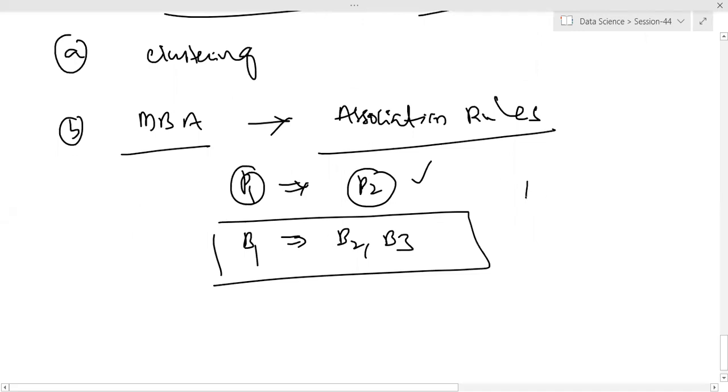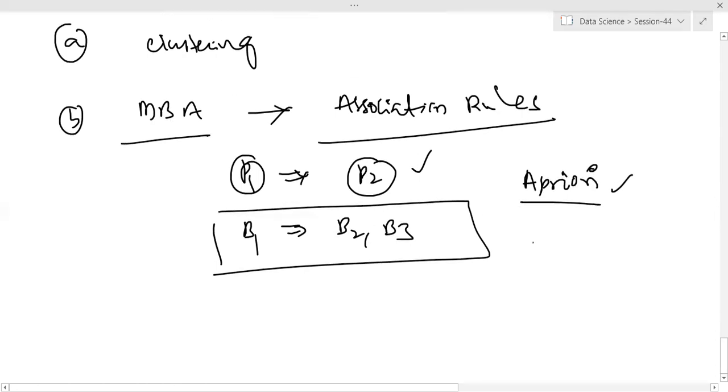And I'm going to introduce one more aspect called Apriori. This Apriori is based on the item sets and transactions, and how these association rules are going to be generated. Probably in the next session, I'm going to introduce association rules. And next thing, friends, apart from that, which other aspects do we have, most importantly,